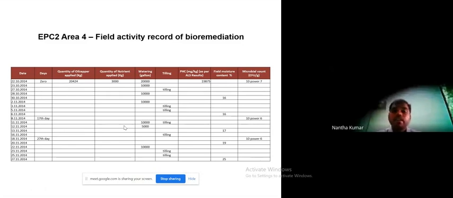Maintaining the nutrients is important to keep these bacteria alive and active to degrade or eat the total petroleum hydrocarbon and reduce it to the recovered level. So we have to maintain that, and the watering also.